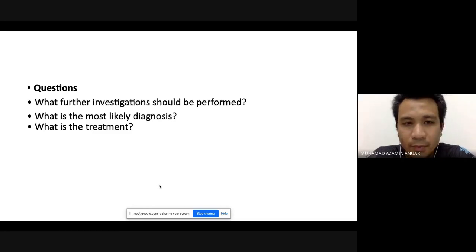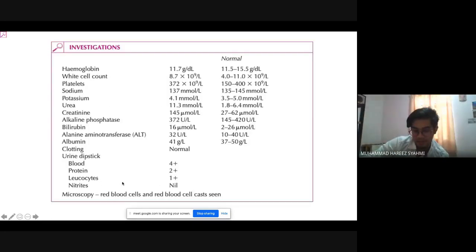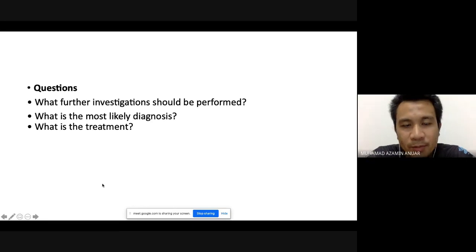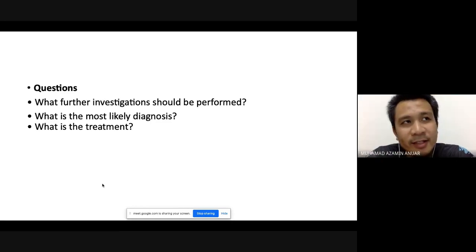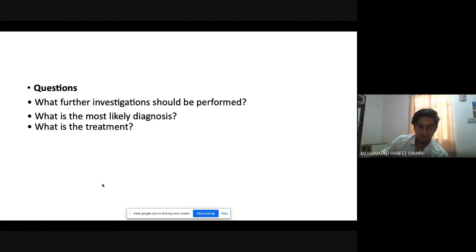Okay. So in this case, what is your most likely diagnosis, Hafiz? It most likely will be AGN. Okay, so early will be AGN. So kalau AGN apa treatment eh? If you think this is post-strep AGN, so what would be the treatment? The treatment will be